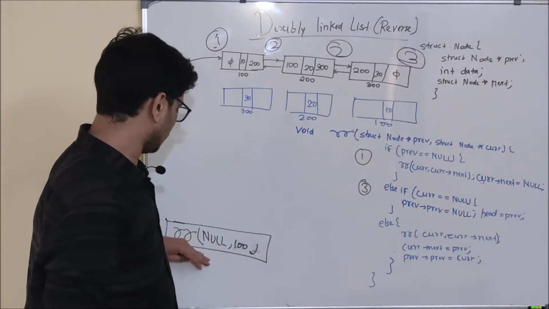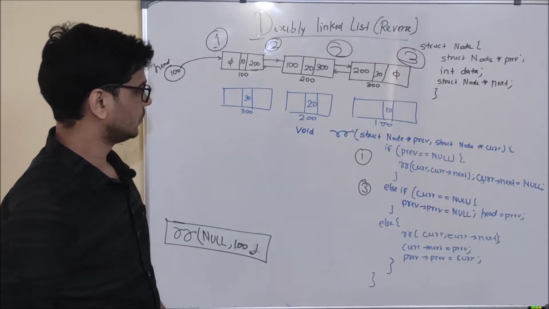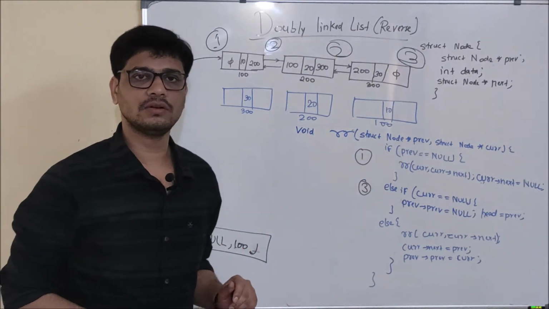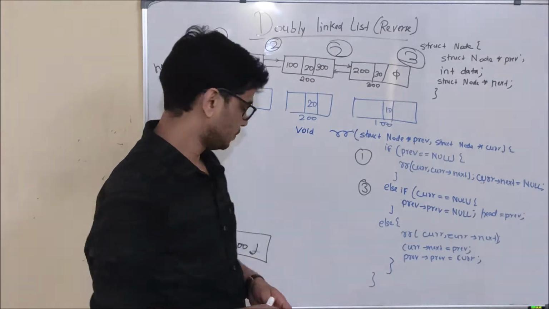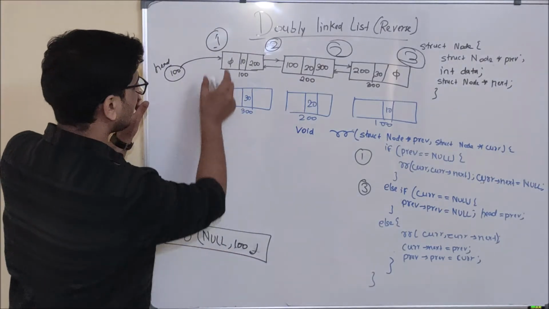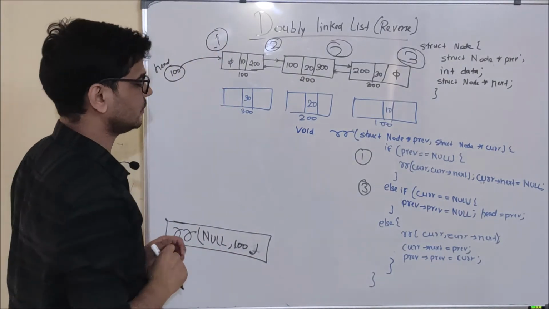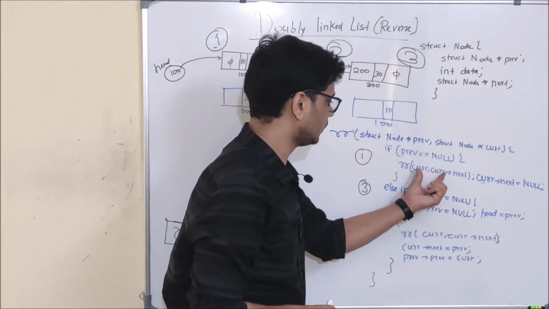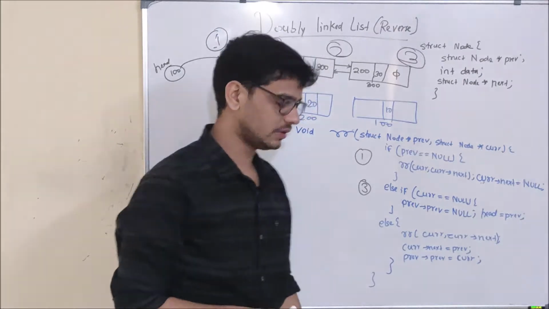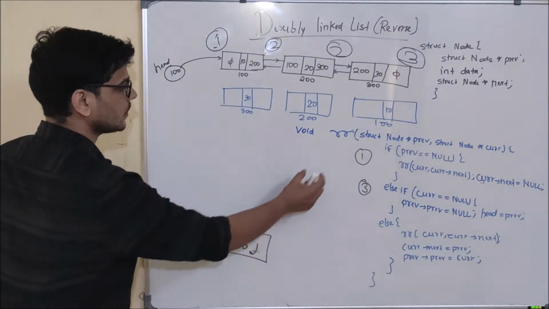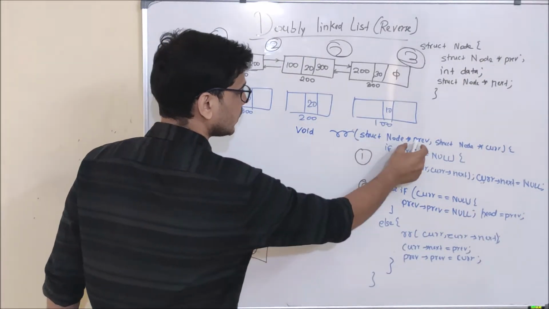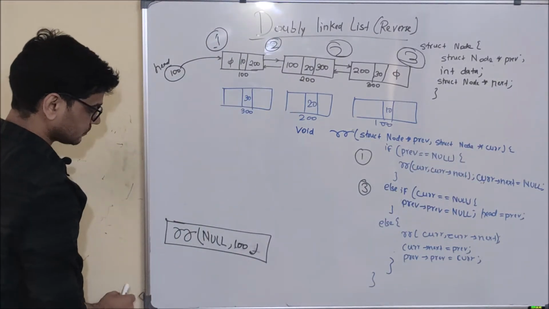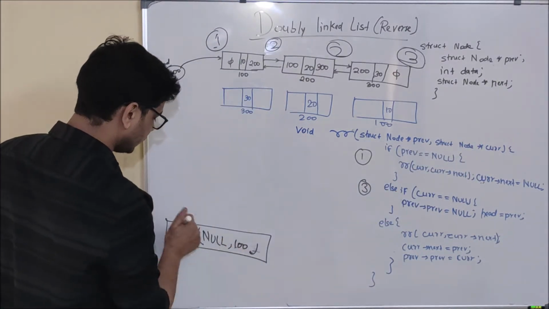So when we will give a call to null comma 100 reverse recursive, what is going to happen? It will check first of all whether previous is equal to null or not. So as you can see here, previous is equal to null. That means I am dealing with this particular case. So what I will do? I will make a call to first of all reverse recursive current comma current dot next. And what is current here? See, this particular function is taking two parameters. One is previous and one is a current pointer. So here it is 100.